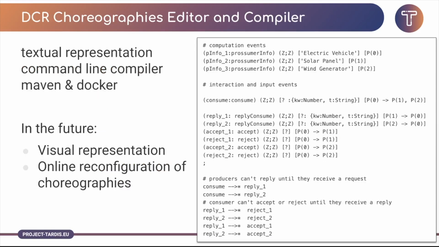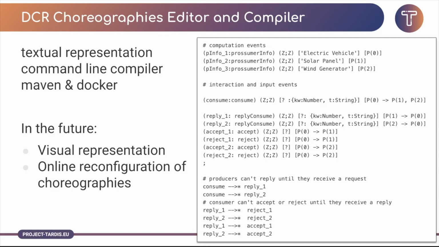What we have seen so far is the visual representation of a choreography. In our prototype, we use a textual representation seen here on the right hand side, where we declare the events and their relations in a fairly one-to-one relation with the diagram. We then take this textual representation, use a command line compiler and the usual tools like Maven and Docker to produce Java code that runs on separate nodes in the network and make the choreography work in a decentralized